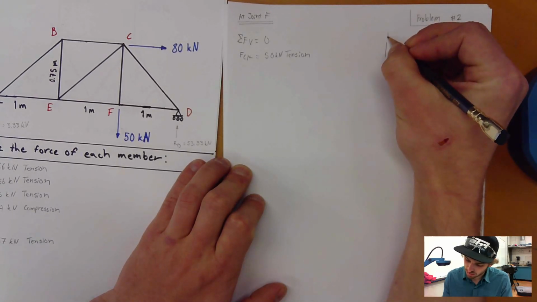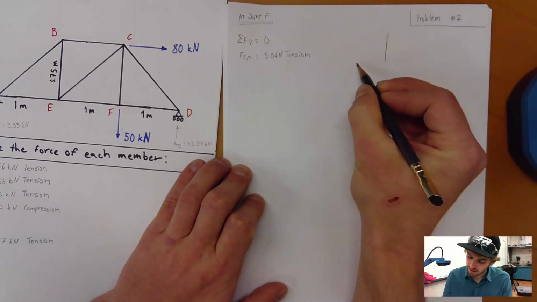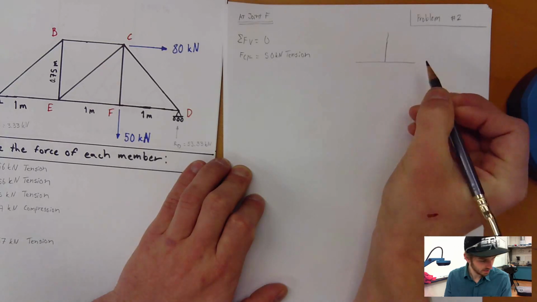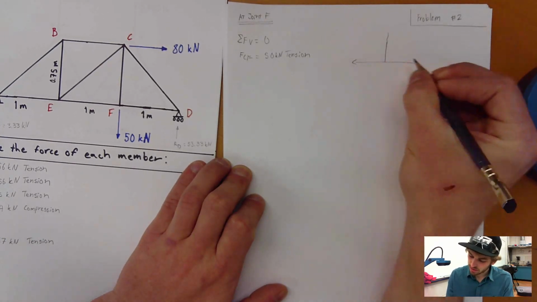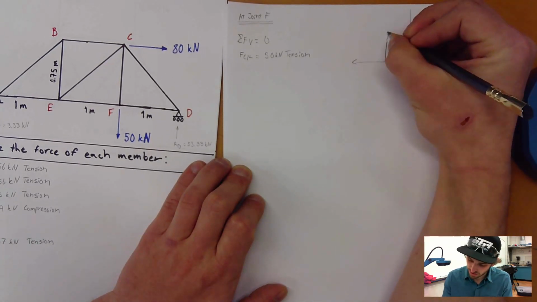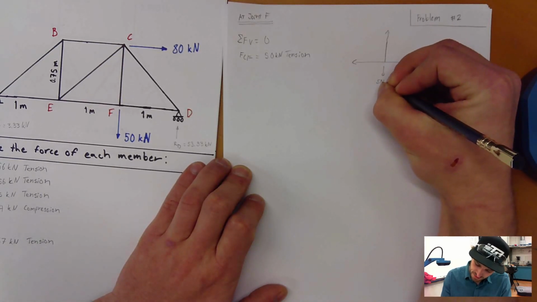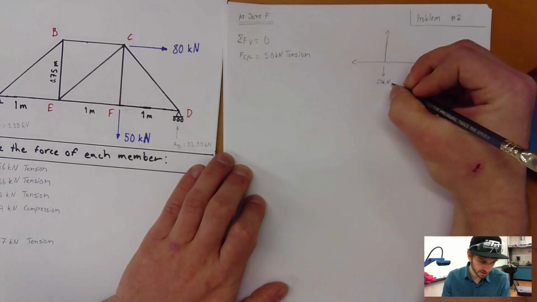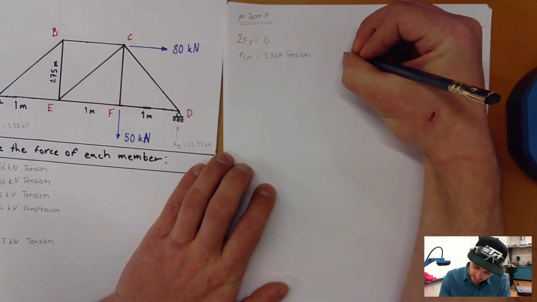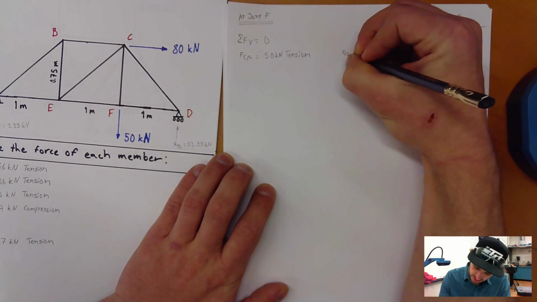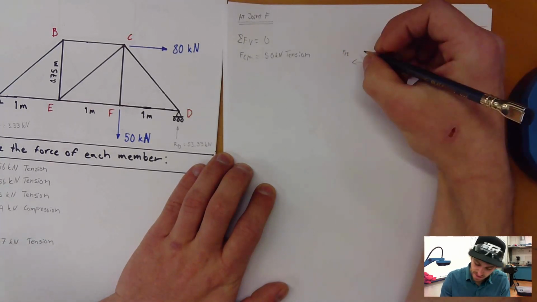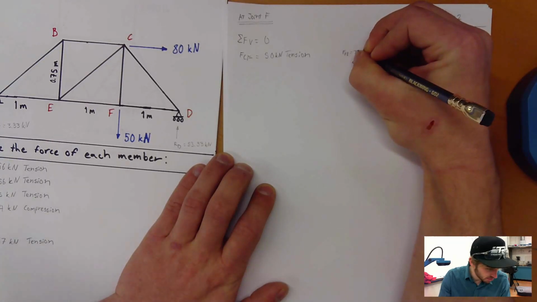Oh, before I get carried away, let's draw our little diagram. We'll go nice and tall there. I wish I was better at art. There we go. We have a force of 50 kilonewtons going down that way. We know that the forces acting in FE, or EF, whatever, are equal to